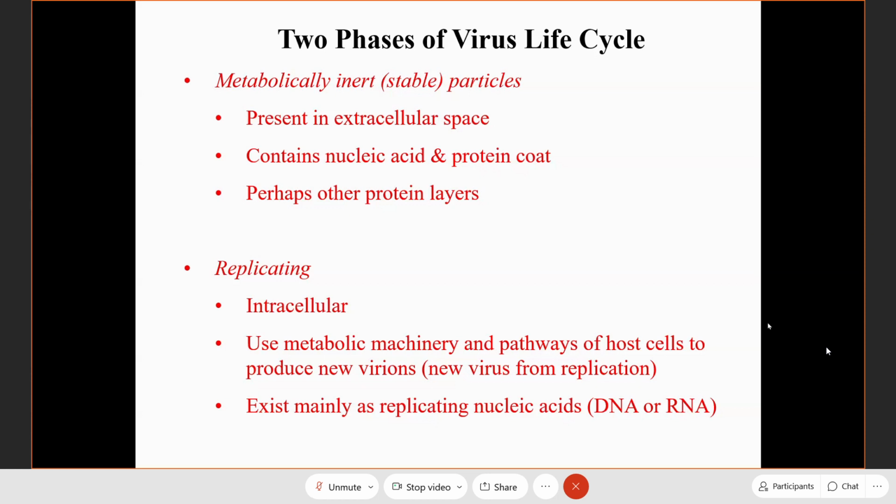In order for you to stop the virus from completing their cycle, you need to understand the virus replication. Remember, this is actually the steps of virus replication. The virus, first of all, must attach to the cell, right? The virus must attach to the cell membrane of the target cell. If the virus cannot attach to the cell membrane, what will happen? Can the virus infect the cell? Cannot, right?